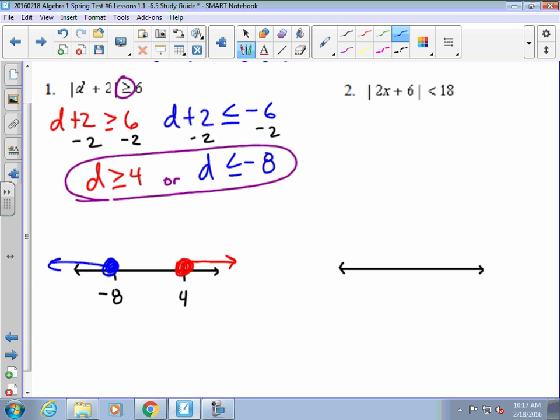The second one says the absolute value of 2x plus 6 is less than 18. Again, it's an absolute value inequality, so we'll say 2x plus 6 is less than 18, just like it's written without the absolute value symbols. This time it's an and inequality because,